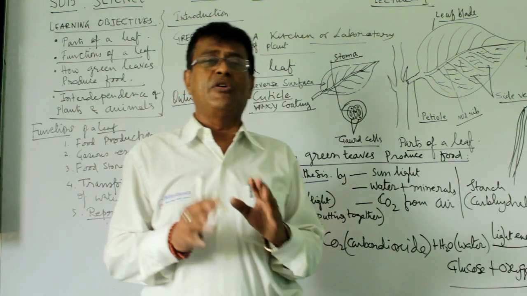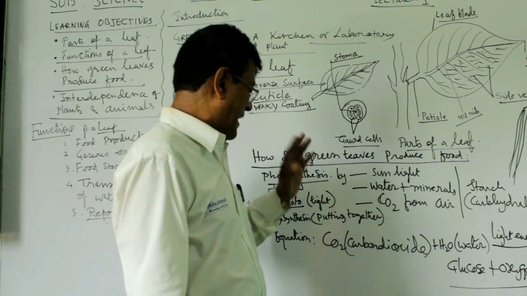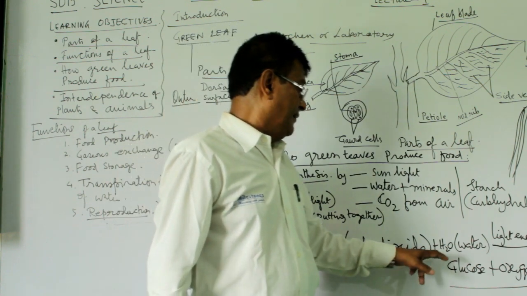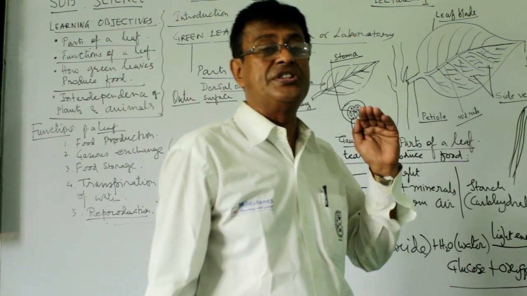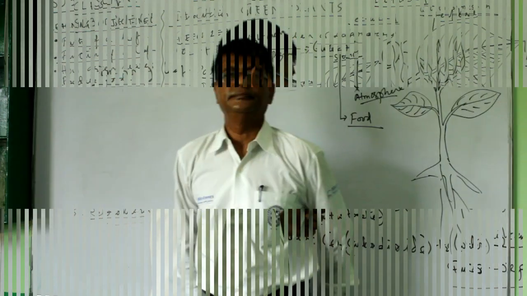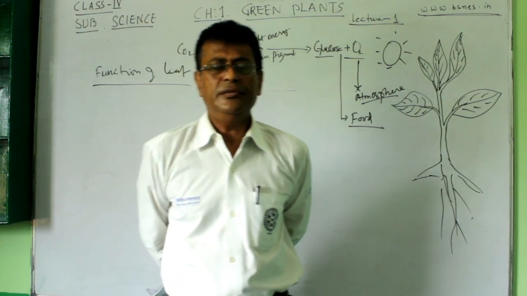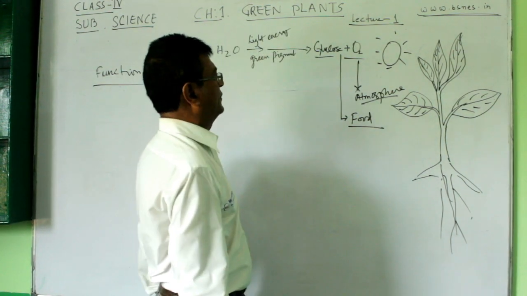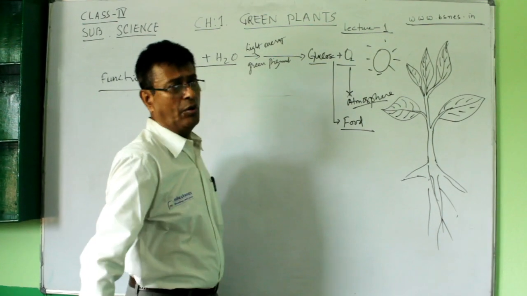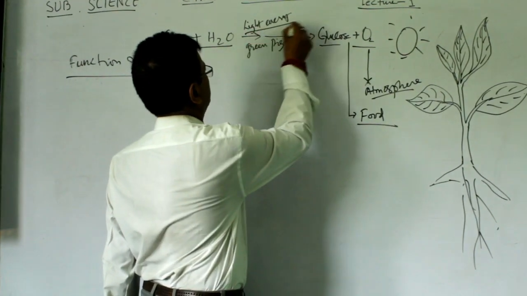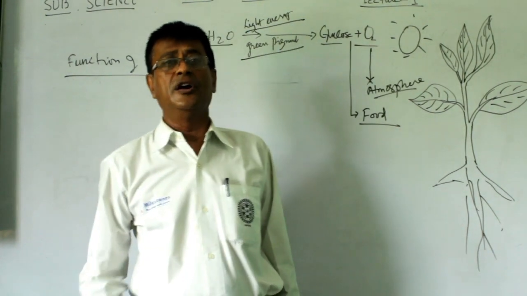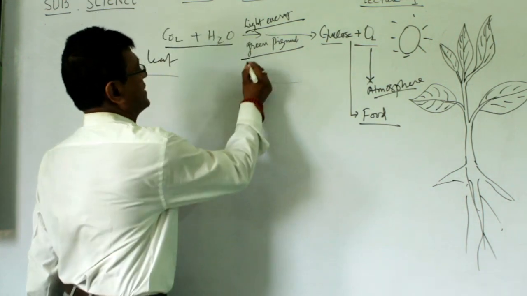Now, there is a chemical equation for photosynthesis. That means the plants take carbon dioxide from the air or atmosphere. And then there is water, which they take along with the minerals from the soil through the roots. Well children, what we are discussing is the preparation of the food. This is the equation: carbon dioxide along with water, and then we have the light energy and the green pigment. You know the leaves are green. For what? Because they have a pigment called chlorophyll.